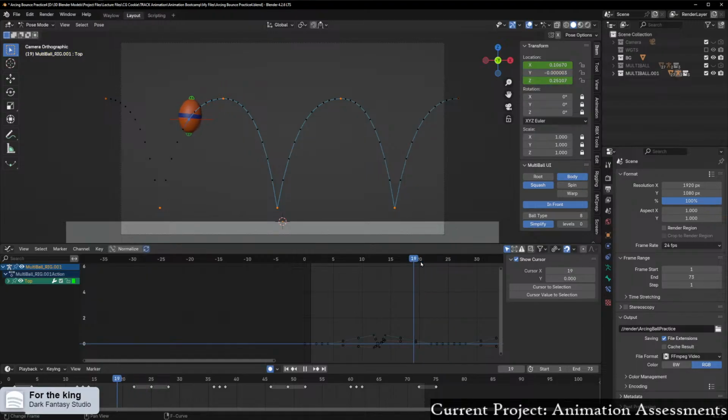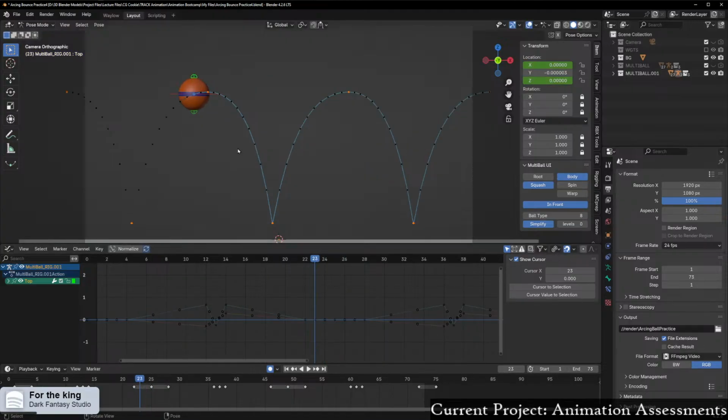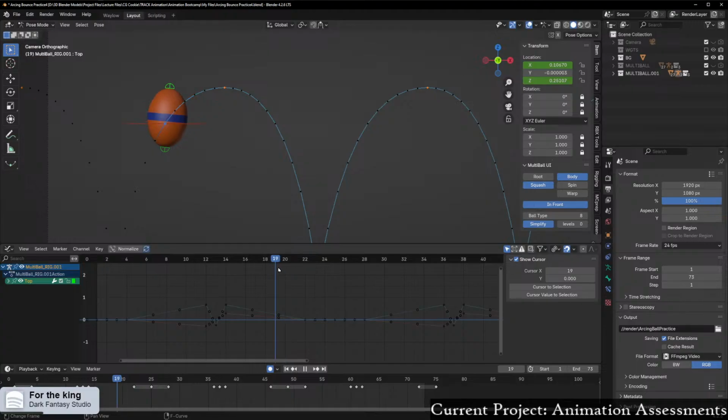Actually, I can even, and this is going to sound a little unorthodox, have a little bit of stretch before going into a perfect sphere at the top. Hang on, I'll show you what I mean by that. So, this one here, where is it? So it curves here. I want to take maybe a